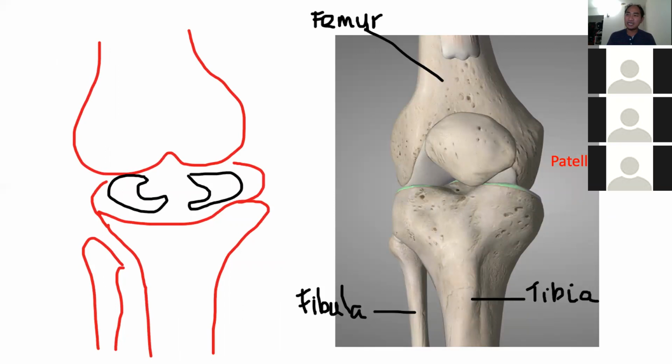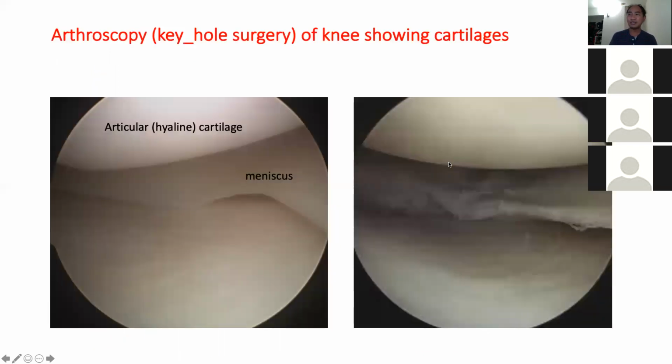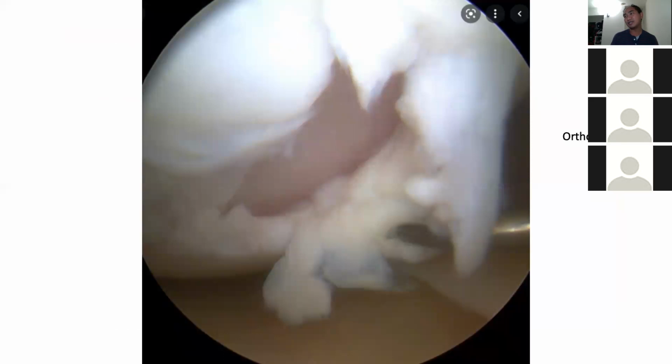So this is the meniscus, which we saw in between two bones. Here, knee joint, open it up, and now look inside at the articular cartilage, which covers the bone inside the joint. That is hyaline cartilage, and this meniscus is our fibrocartilage. So we are using different forms of cartilage in our body to take full advantage of their properties. And now this hyaline cartilage is damaged. And as we know,